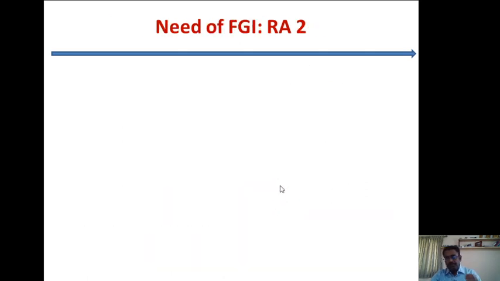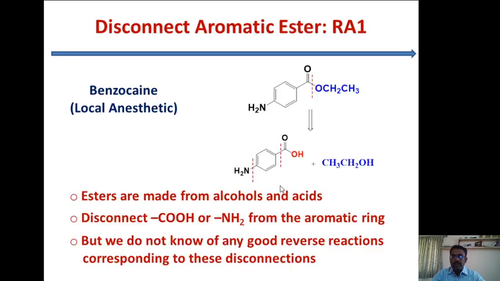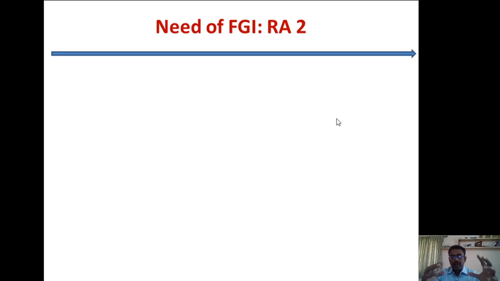So how do you do the disconnection? Here is where the need for functional group interconversion comes in. Okay, so in the retrosynthetic analysis part 2, we are using functional group interconversion. First we did the disconnection over the ester, so that we can synthesize this one from the acid and the alcohol. The second one we are doing on the aromatic bond connected to the heteroatom, the aromatic ring connected to the acid group. So here we are using functional group interconversion.